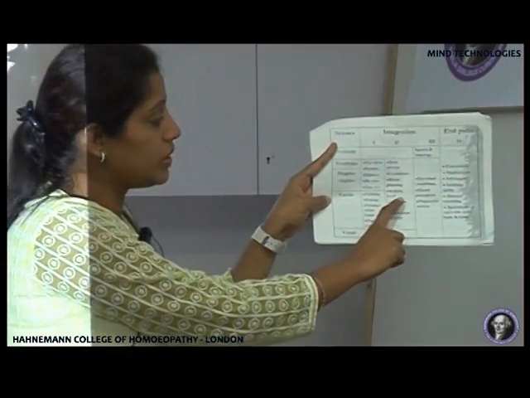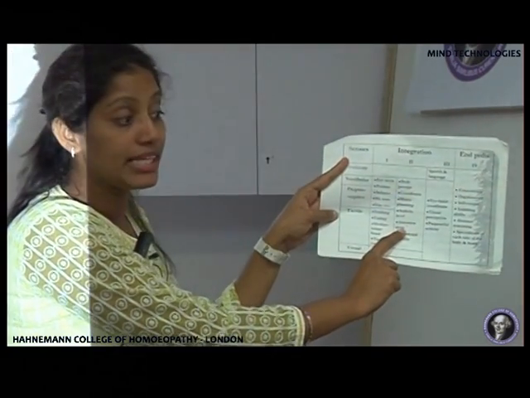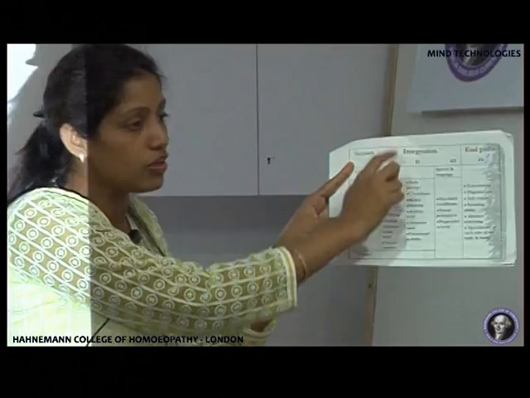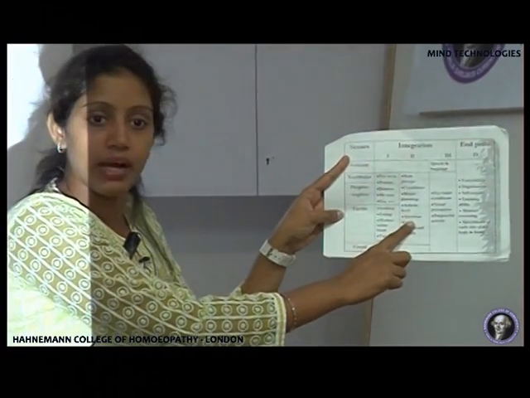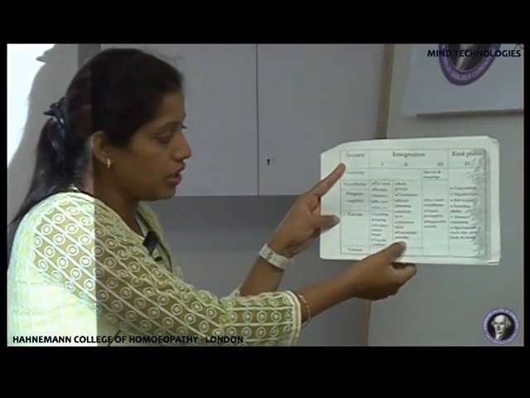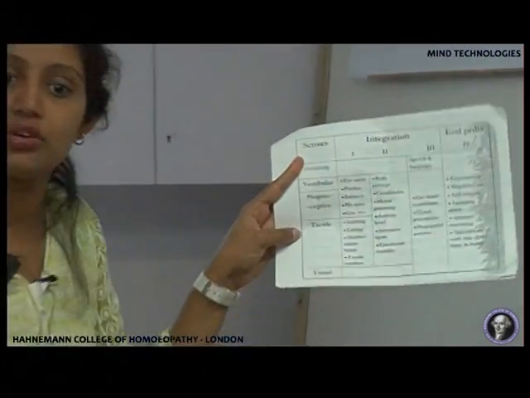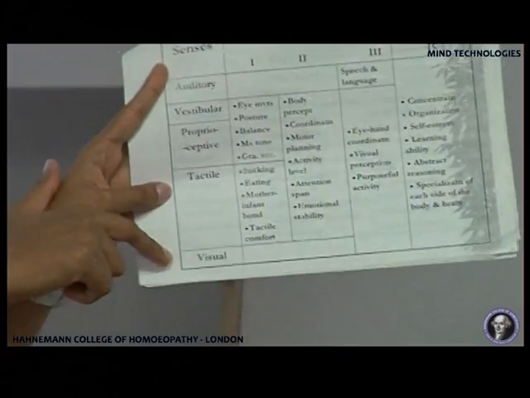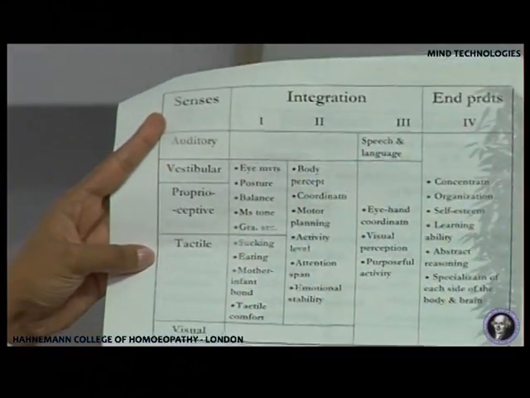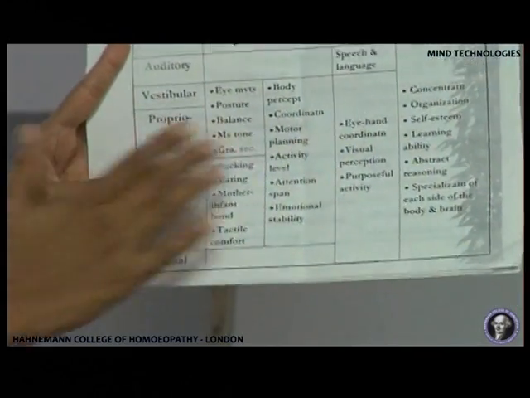Okay, so when the activity level is like this, then the attention span. It is important that these 3 senses at the second level of integration will lead to adequate attention span and then concentration. Okay, and then emotional stability. Now most of the time we feel that sensory areas have got nothing to do with psychological connotations like emotional stability and all, but as we go through this, we understand